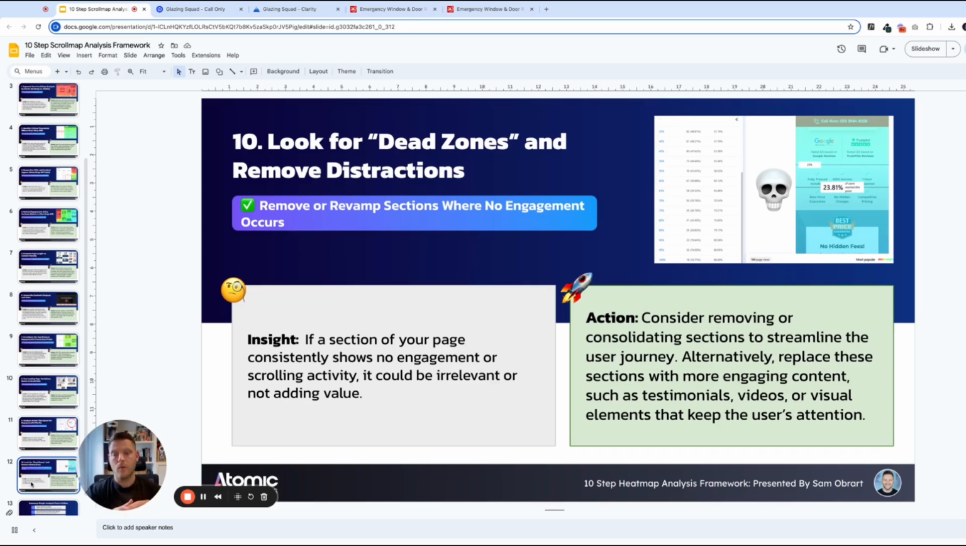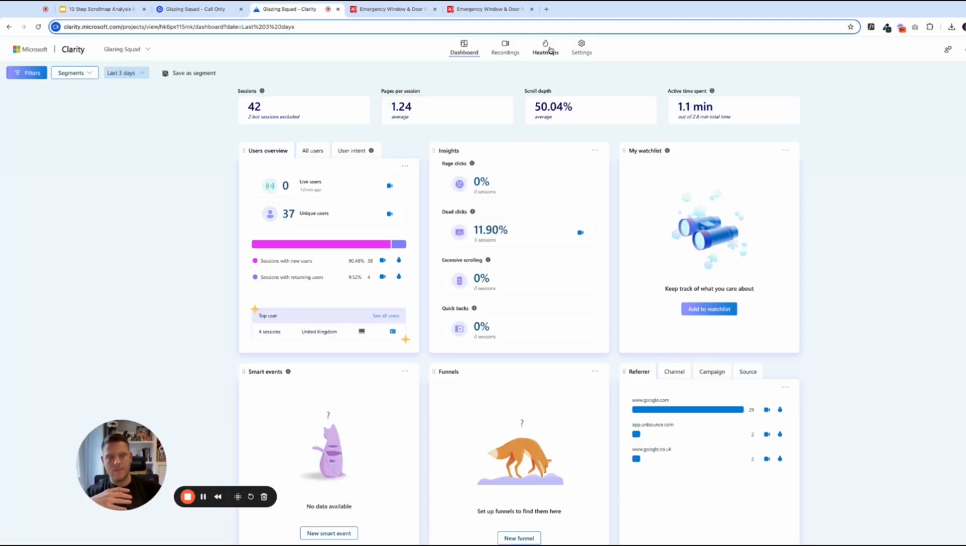And finally, point number 10 is look for dead zones and remove distractions. So you can either remove or revamp sections where you find there's no engagement occurring. Like you can see here at the very bottom of the page, we've just got this section which went from kind of a green straight into blue. We could look to remove it, or potentially, so if we go back to our page and heat maps here,